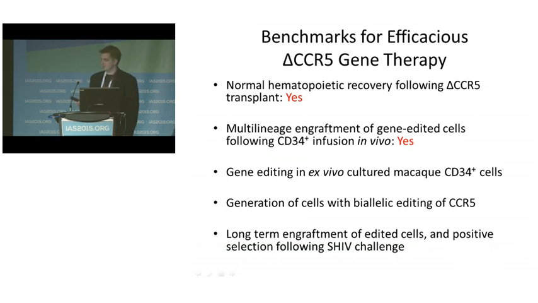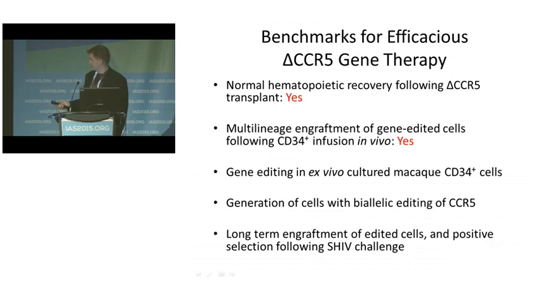What that means is that we're putting in true hematopoietic stem cells that are capable of making not just T cells, the protected T cells would be what we're most interested in, but also myeloid lineage cells that may or may not be susceptible to infection, and basically every cell type that we can look at, we see deletion of CCR5. But what I really want to focus on for today is what the cells look like ex vivo,